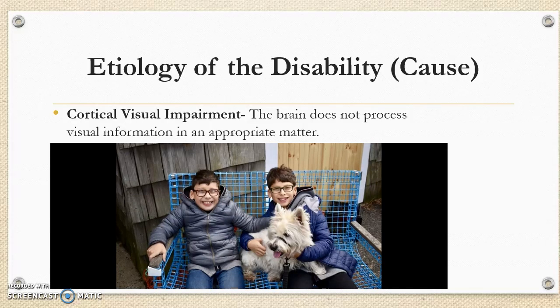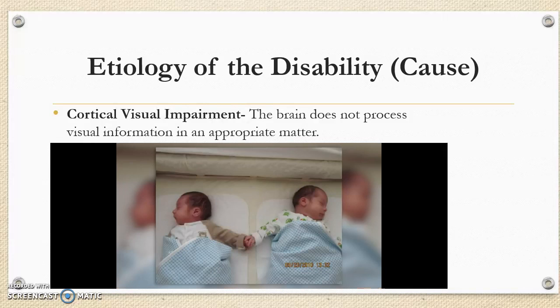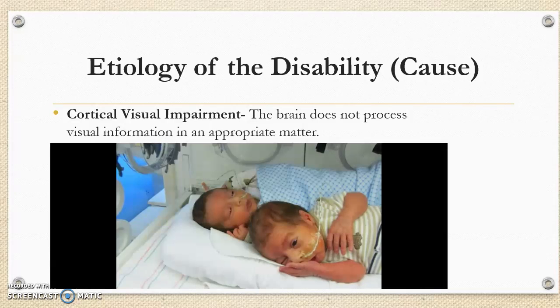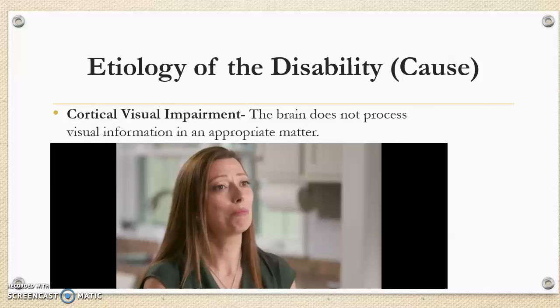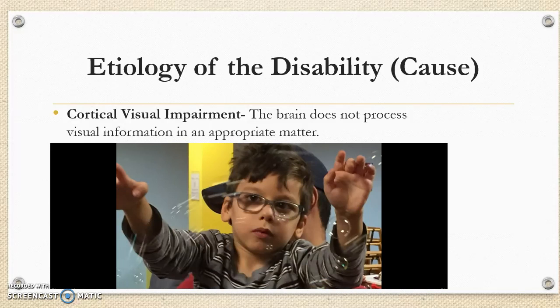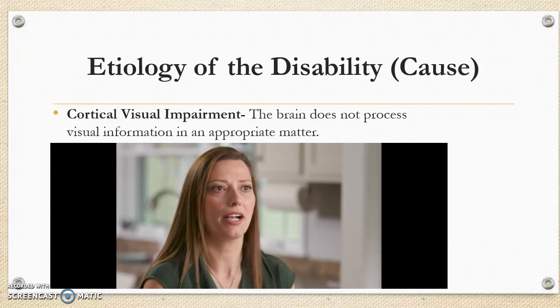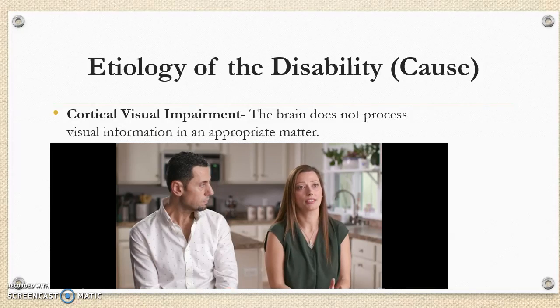When they were born, they were 9 weeks premature, and they found that Omer has a brain injury. He was like a blind kid, but I knew he wasn't blind because he was looking around, seeing things, but it was very slow reaction. So a lot of people question his cognitive skills because